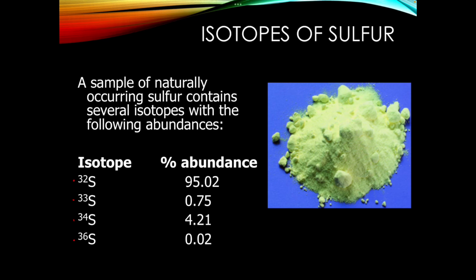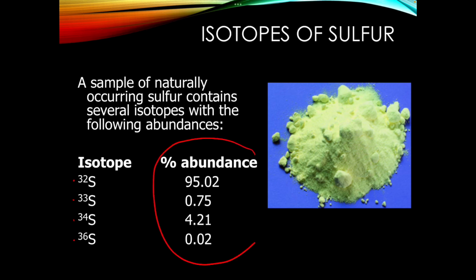When you're looking at these isotopes, you'll notice there's no number on the bottom. That's because anytime we say that it's sulfur, it's always going to have the same number of protons. So that number that's on the bottom can actually be left out. The number that's on the top is the one that's really important because that is telling us the mass number, which helps us know which isotope of sulfur we're dealing with.